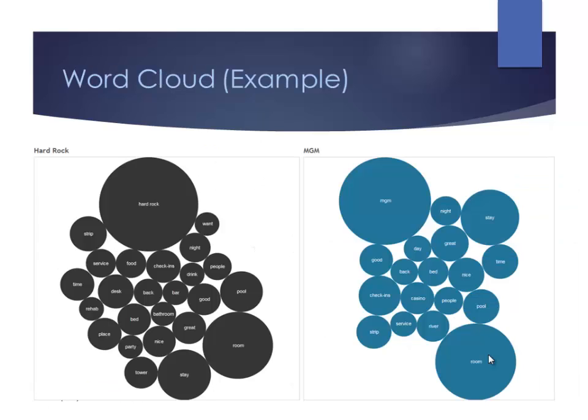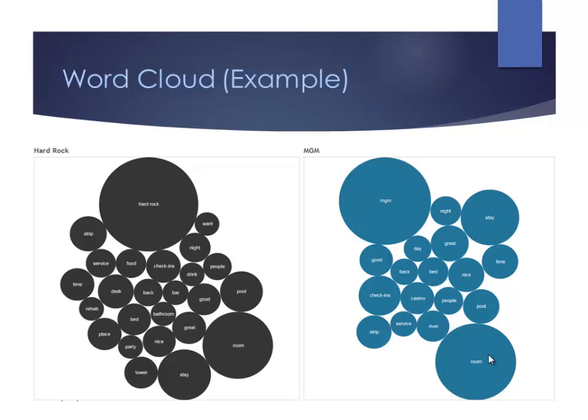And here is another example. It's different from the clustering. It's called a word cloud, which is simply words by frequency. The size of the word is based on the frequency with which the word is mentioned in the whole database. I just take two examples here, Hard Rock and MGM, and you can see for